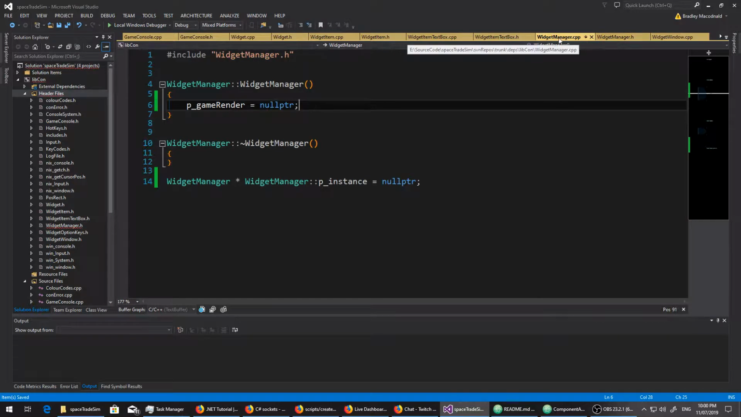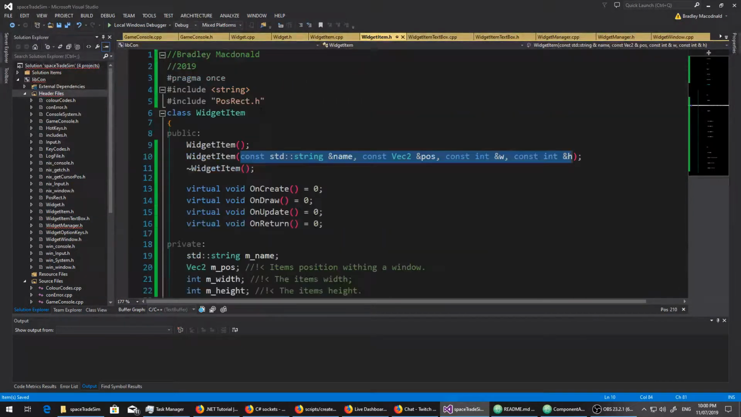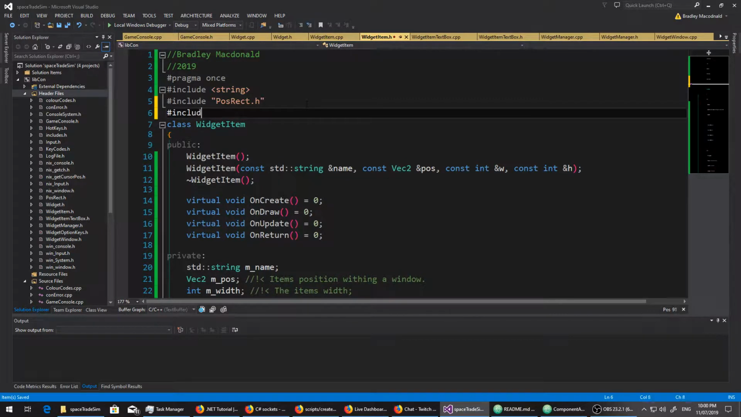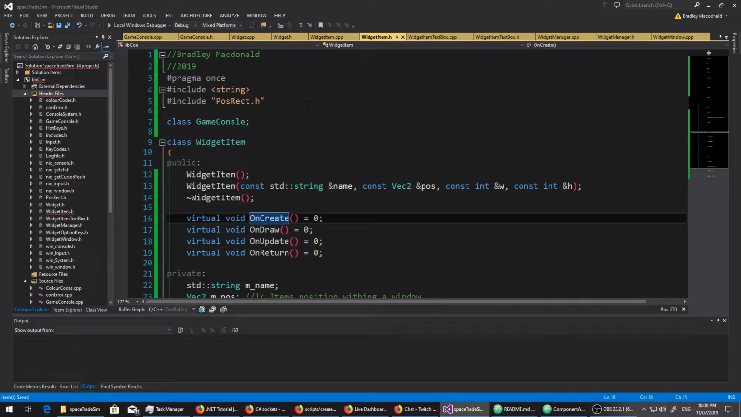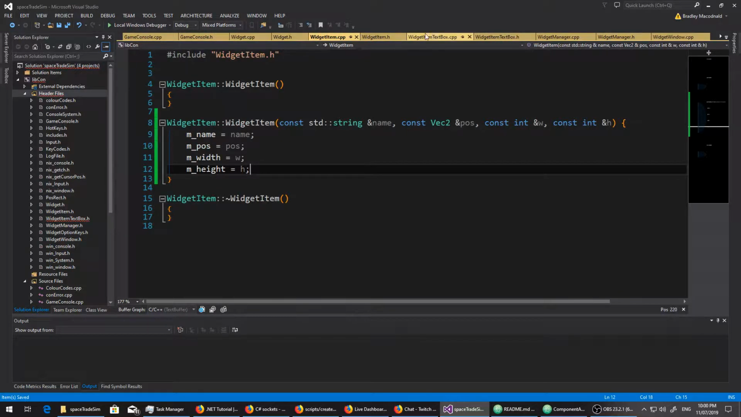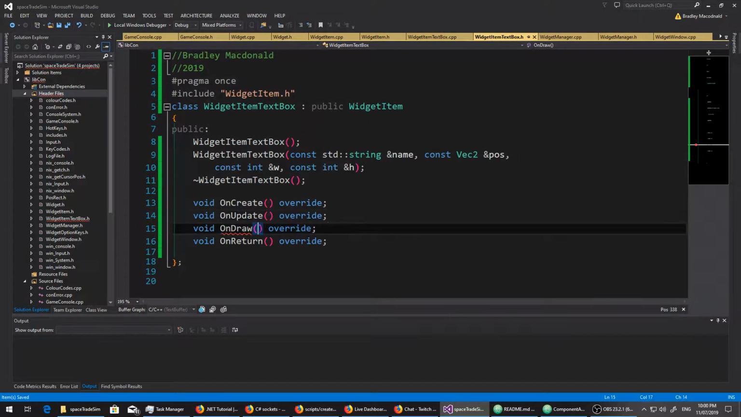And now, where are we? Widget item. This will also, no, we could probably just do a forward declaration, and we'll pass one into here. When we're drawing, like so,